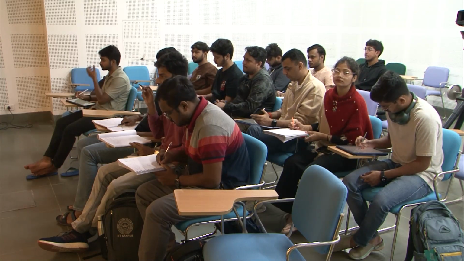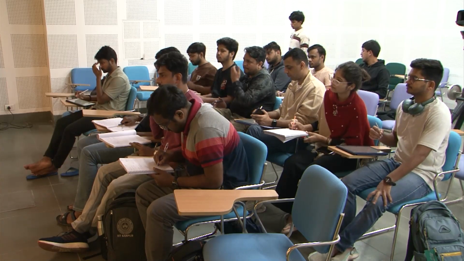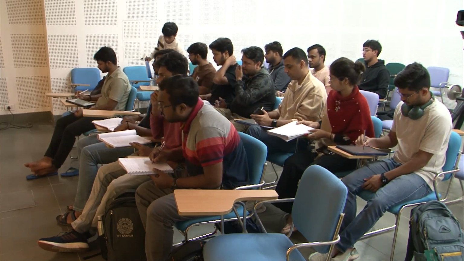That happens at the 75% of the... No, so this actually has nothing to do with the radius of the rotor. Actually, this is, yeah. Not the velocity. Thrust distribution. The tip happens on the 75%. Not necessarily. No, it's not like that. Okay. It will depend on the twist and many other factors actually.